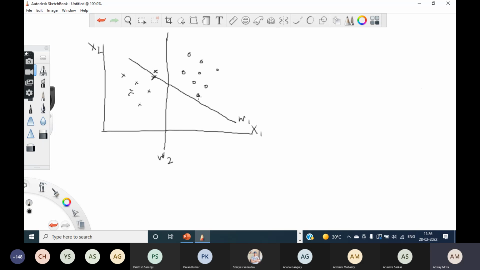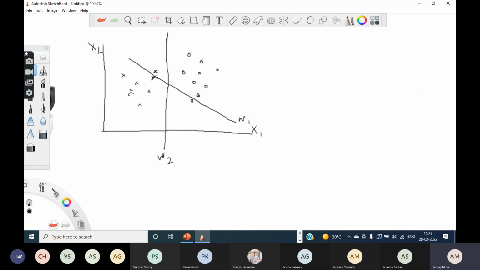Similarly, the same problem is here also. This circle, if there is some small measurement error or something like that, can easily come on this side of the line and get misclassified. But in this case, there is no such risk, as all the points are at a sufficient distance from the line. So once again, as you can understand, this is the story of the margin, the concept of margin which we just mentioned.